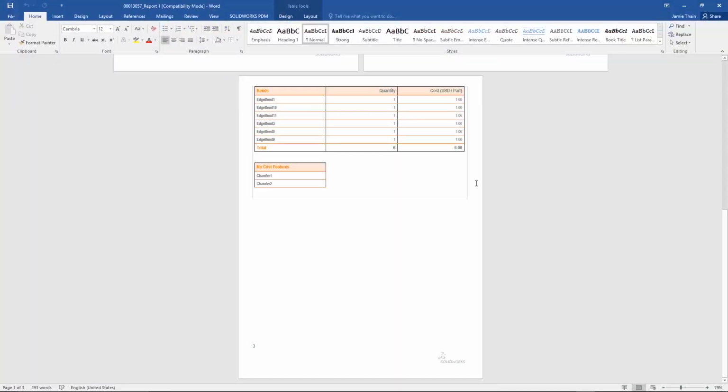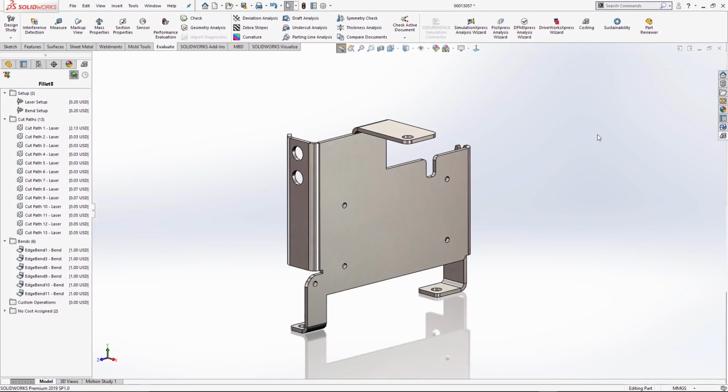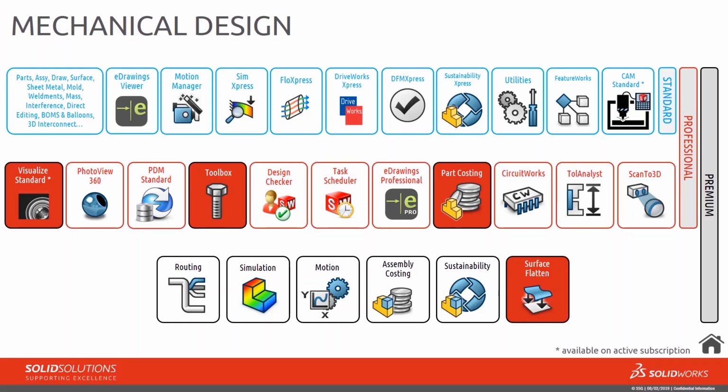And this is fully customizable as well, so that every time I create one, it might have your company logo on, or my name and contact details on there. So again, it's all fully customizable. So it's a great way of being able to document your quotation as well, not just saying to somebody how much it costs. The only caveat there is that you need Word on your machine to do that. So that's a great way of being able to cost your parts.